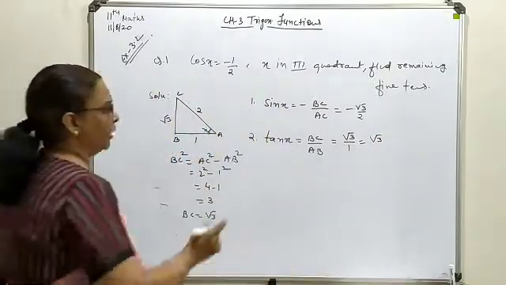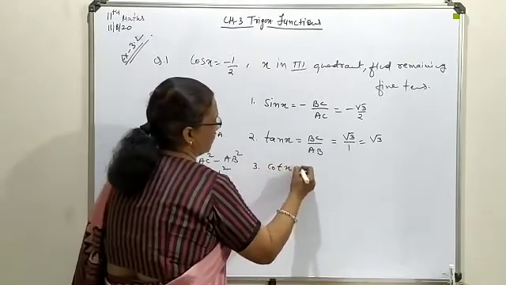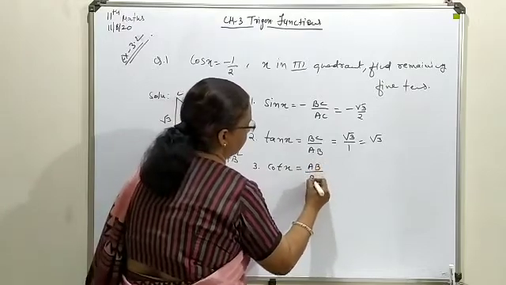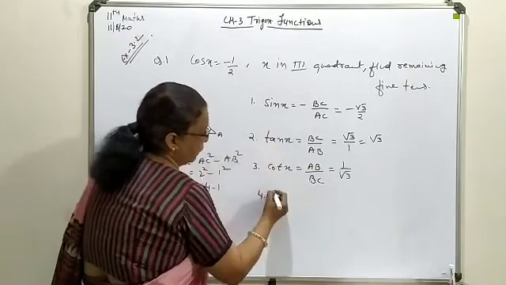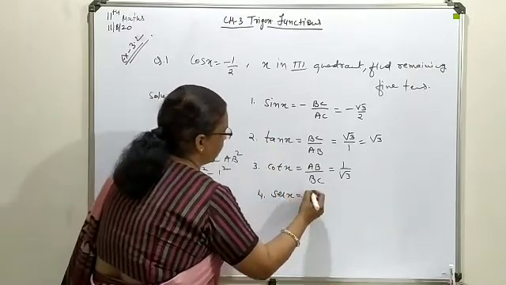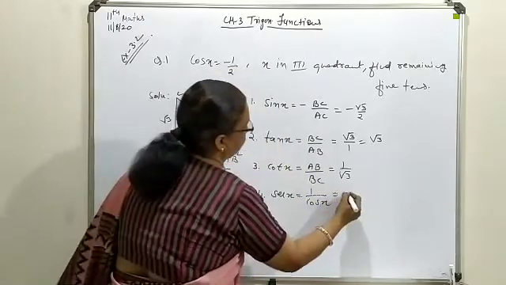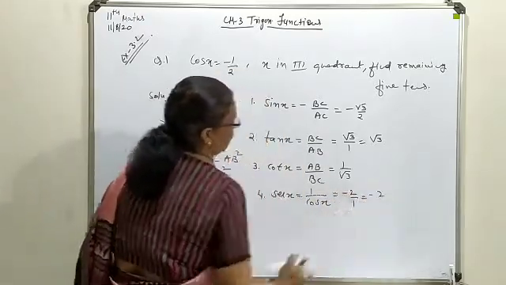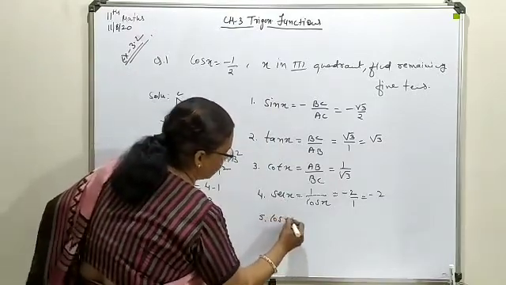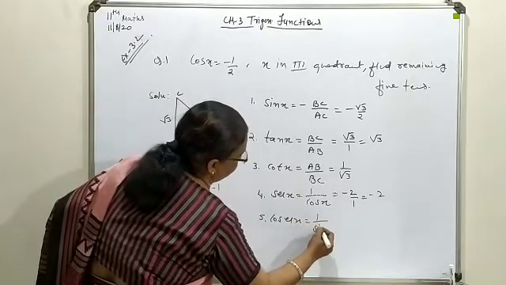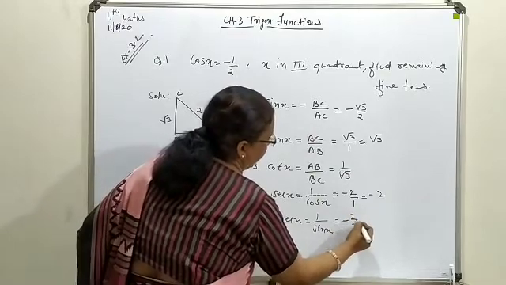Now the remaining 3. Next is cot of x. Cot of x is also positive over here, meaning 1 by under root 3. Now next is sec. Sec is the reciprocal of cos. Cos is this much, so it will be minus 2 upon 1, meaning minus 2. Next and the last we require is cosec x, that is the reciprocal of sine. Cosec will also carry the negative sign, that is minus 2 by